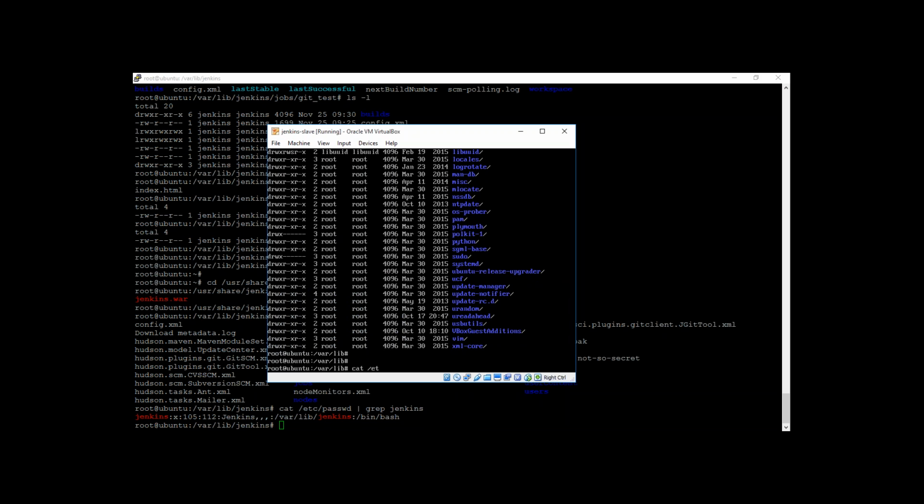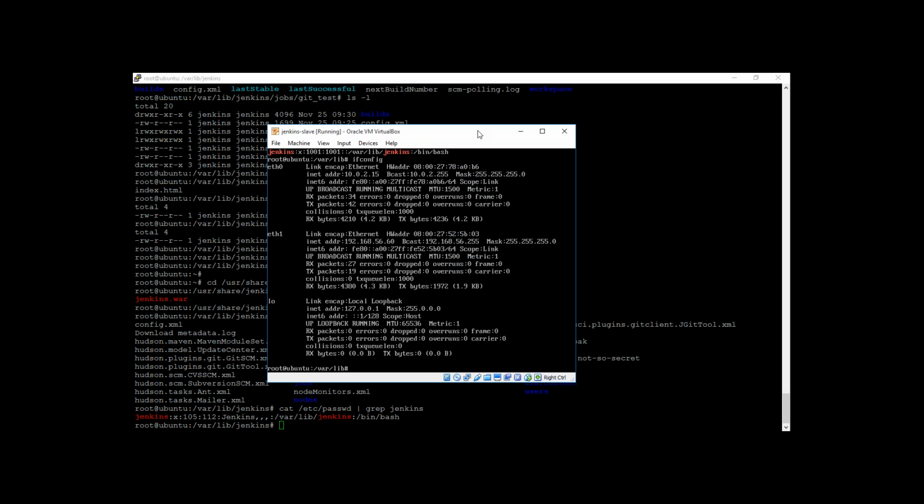Let's check whether it is present in the /etc/passwd. Grep Jenkins. All right, very similar. Okay, so this is similar to the one that we have created on the master side. So once that's done, you are all set to attach this node to your master. Just get the IP address of it, and on the master side,